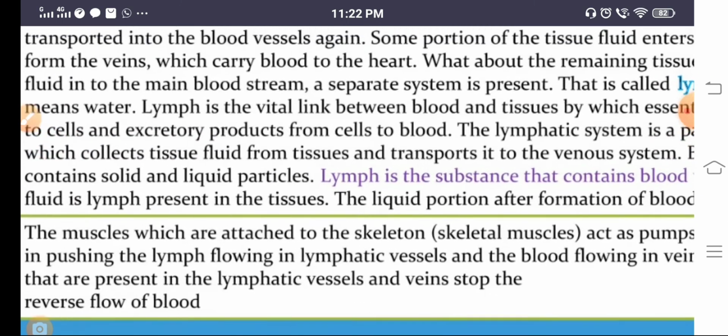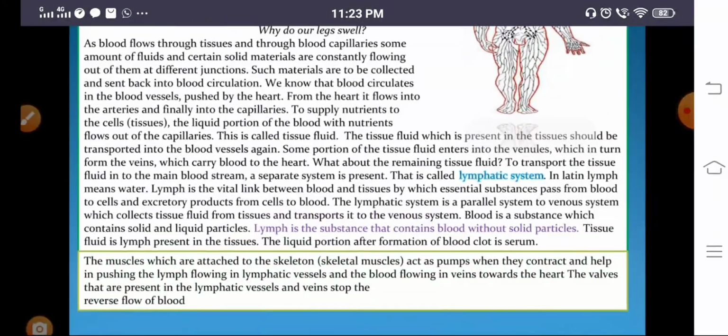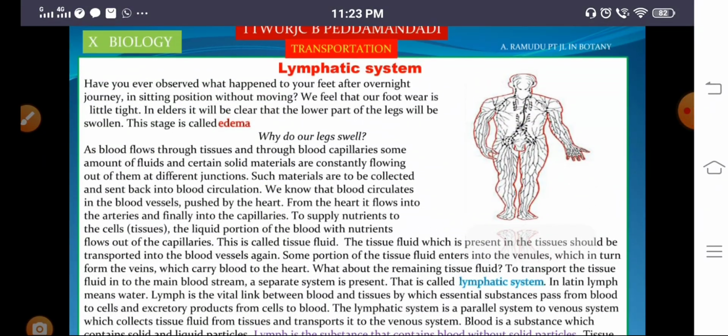So finally, what is the main role of the lymphatic system? It is the link between blood and tissues for transport of materials. It helps transport whatever remaining nutrients are present in some of the regions into the cells, so that it acts as a medium of transport, and whatever excretory materials it may collect